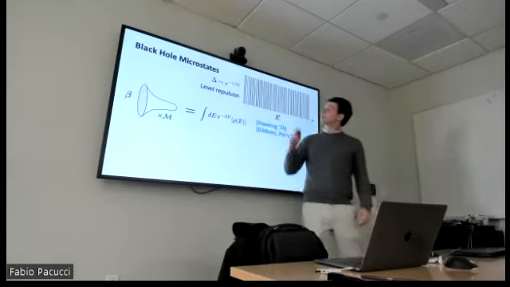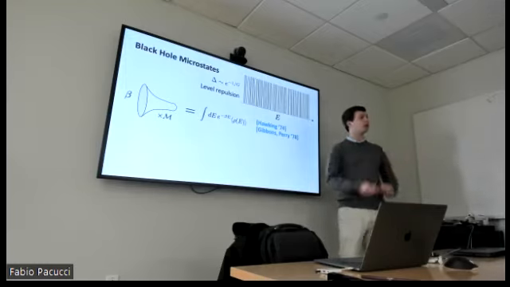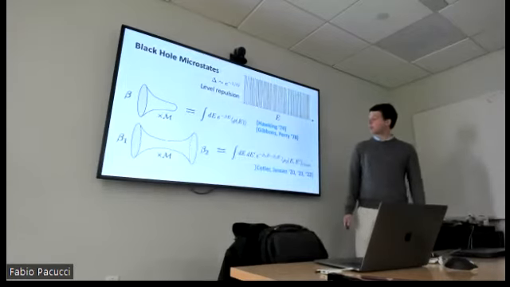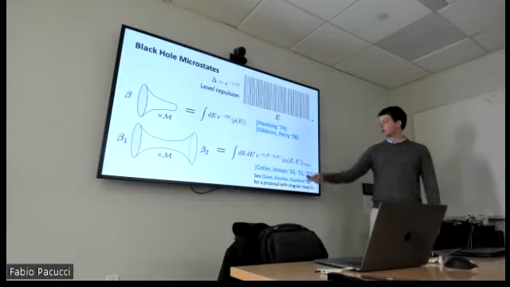So something that you expect from this random matrix theory analysis is a certain kind of level repulsion that I alluded to before, that the energy levels do not get that close to one another. They have a proclivity to seemingly repel. Now, what we've been able to establish, building off of earlier work of Saad and Shenker at Stanford, I can explain some of the technical differences,